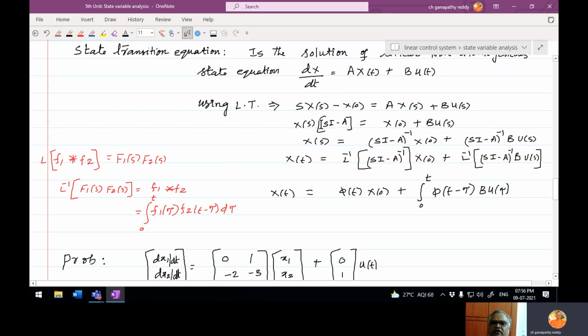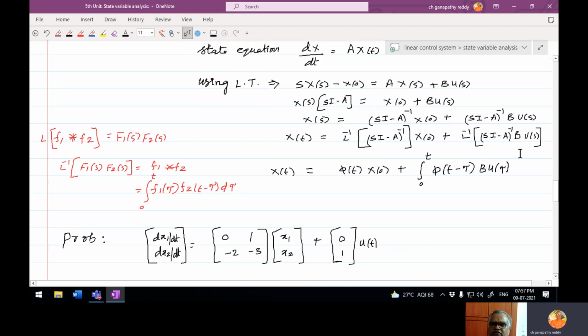Then X(s) will be, when it is going to the right side, coming to the numerator, (sI minus A) inverse into x(0) plus (sI minus A) inverse B U(s). We want x(t), L inverse of this plus L inverse of this. So x(t) is equal to, but what is L inverse of this? In the above we have proved L inverse of this is nothing but phi(t) into x(0) plus